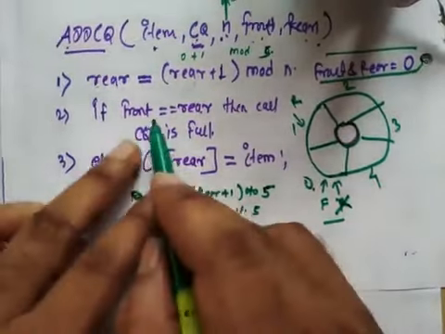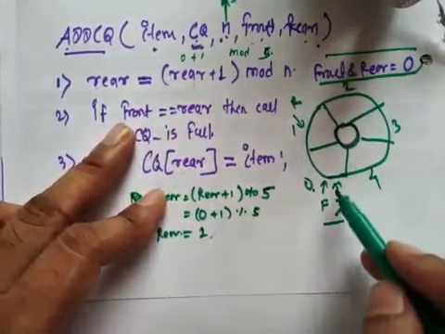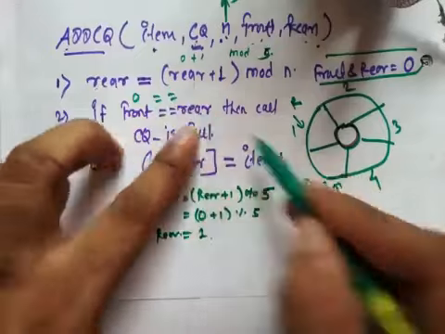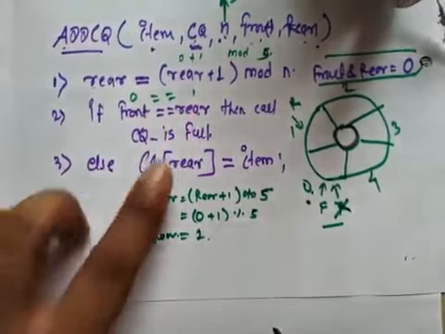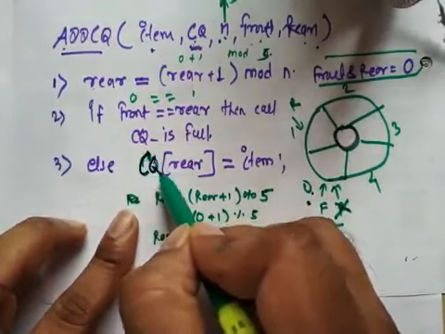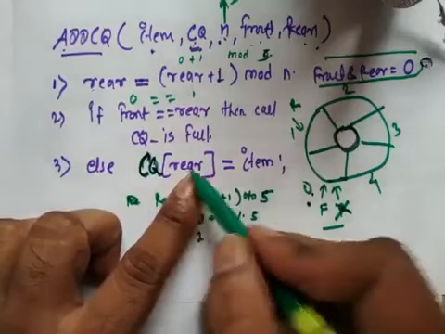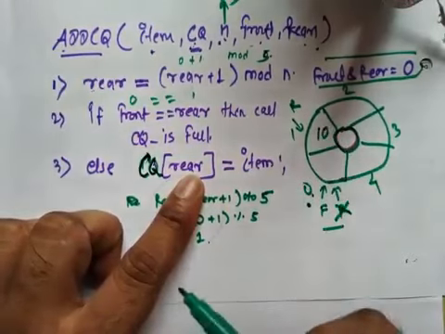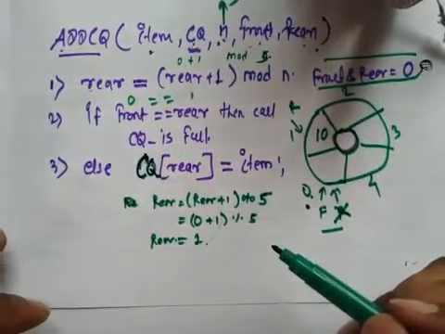Okay, and now we are going to check whether the queue is full. What is the front value now? Front again is pointing to index 0. So front 0 is equal to rear value? Rear is pointing to 1. Is the condition satisfied? No, it is not satisfied. It will jump to the else part. Now in the else part, we are going to simply assign a value to circular queue CQ at the rear location. So rear is pointing to index 1. At that location we are going to assign the value, that is 10. Okay, now end of the circular queue add operation.